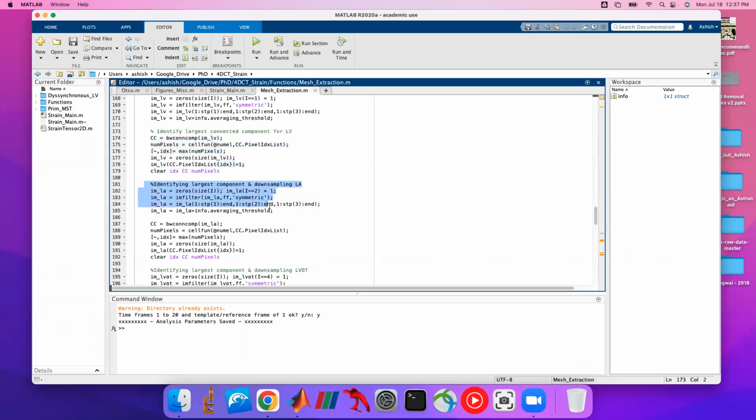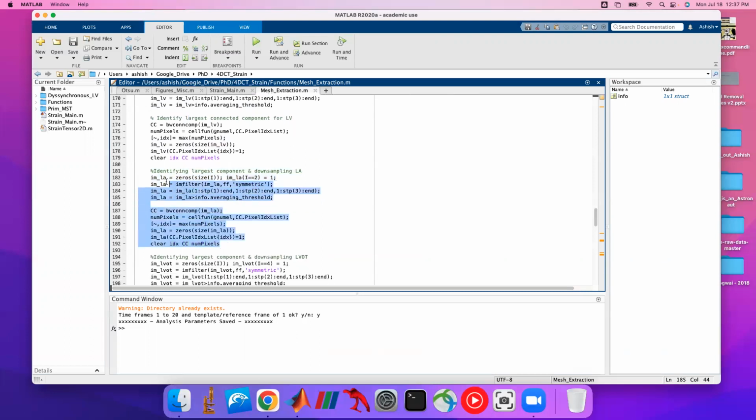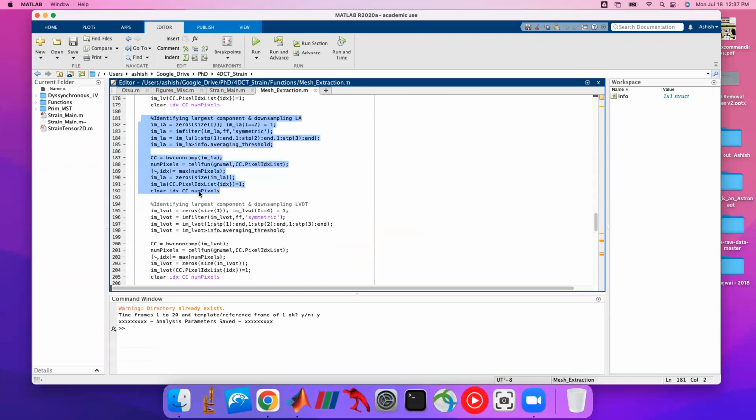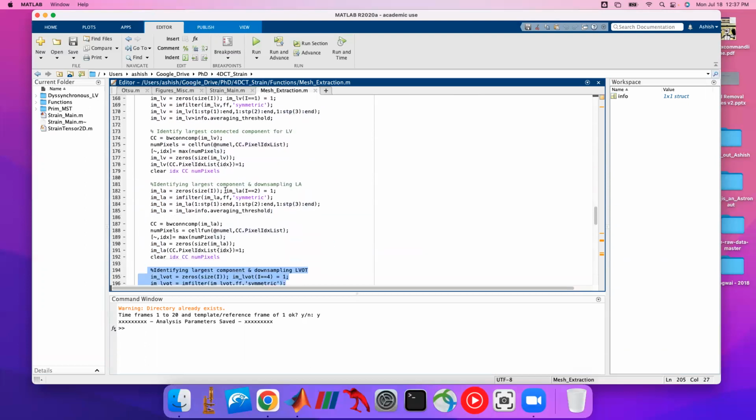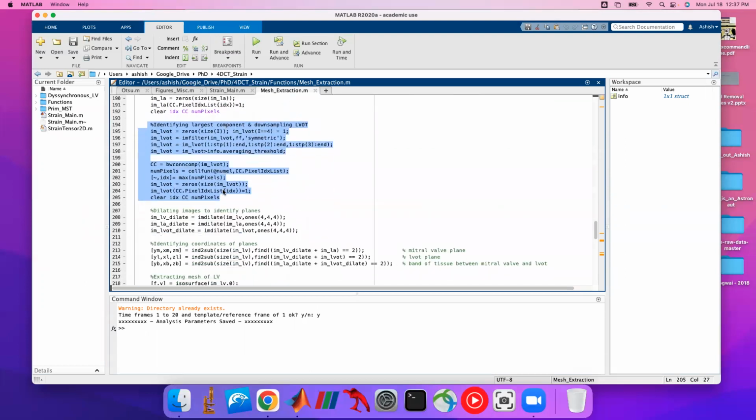This section, largest component and downsampling LA. This is exactly what was done for the LV, but now for the left atrium. So that is this section here. And similarly, exactly to the previous two sections, we do the same thing for the LVOT. So this is label 2 here, this is label 4, and the LV was label 1. So it's just doing it for those 3 labels, and now such that everything is in order and downsampled to